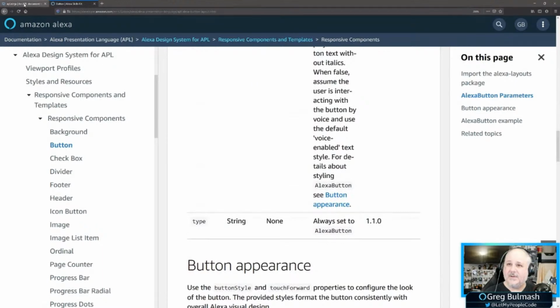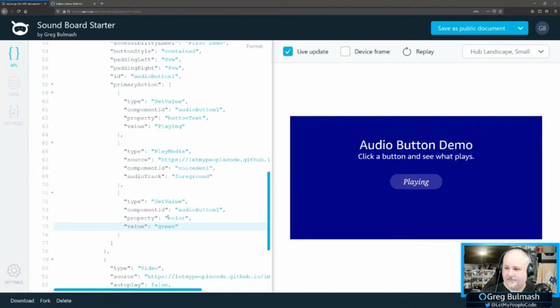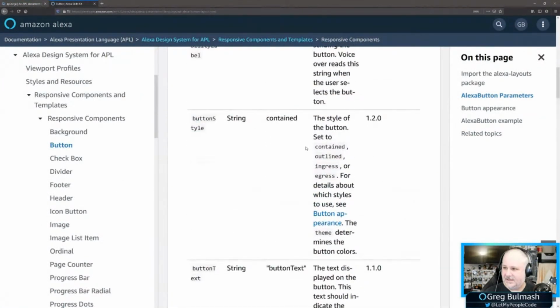Well, one of the things we can do here is we can change the button style. To ingress. That will change. Okay, let's make sure what we got here. We've got button style, contained, outlined, ingress or egress.